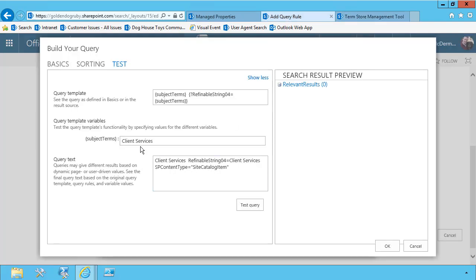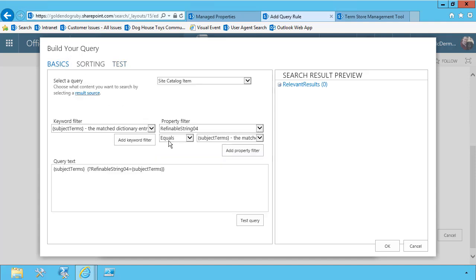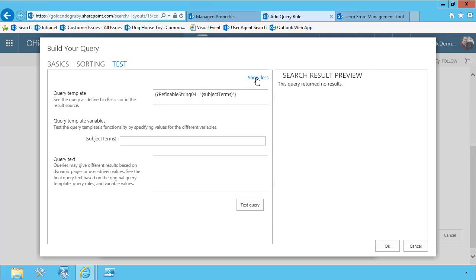The thing that's wrong with my query is that if you look at the query itself, it says client services refinable string equals client services. So what I need to do is put quotes around this. So let's come back here and let's put quotes around that part of the query. And then let's actually get rid of this redundant client services bit. So now if I go back and do my test,